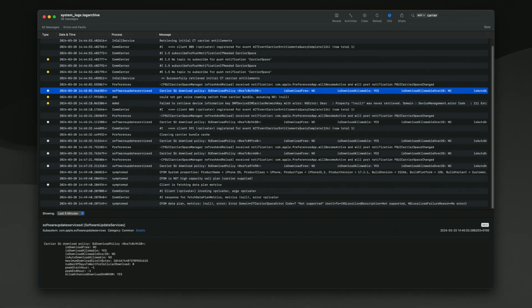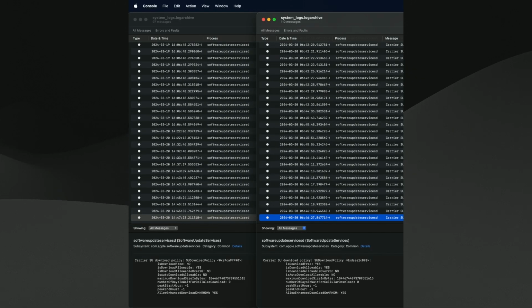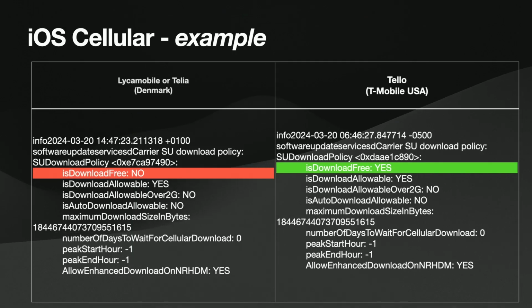And that is actually being stored, and then the device knows these are the different settings for the carrier. If I compare that between my logs and the customer's logs, I can see, hey, there's a pretty big difference here, which I'll make visible now. So for their carrier, and I'm sorry, I don't remember if it was Lycamobile or Telia, but in Denmark,